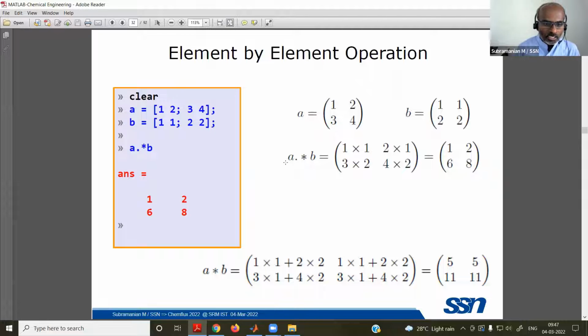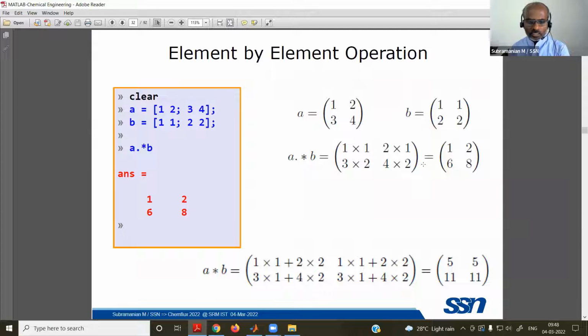So any operation, like multiplication, division, addition or subtraction, is a matrix operation by default. But if you want element by element operation, we need to use a symbol called dot. This dot has such a nice role to play in MATLAB. Say for example, A equal to this matrix we have. Sorry, I need to suppress this sound. Fine. So this A and B, we are expecting 1 to be multiplied with 1 and 3 to be multiplied with 2, so you are expecting this result.